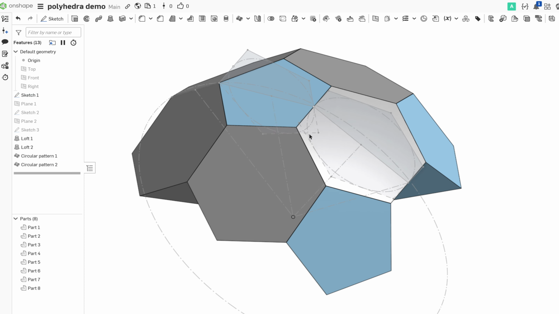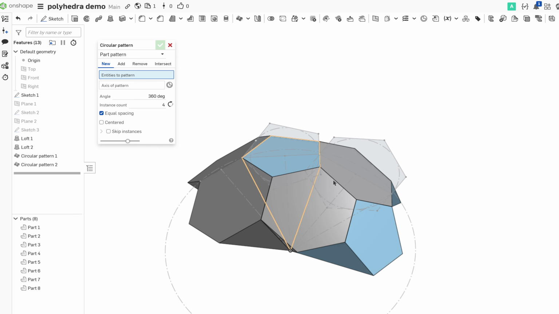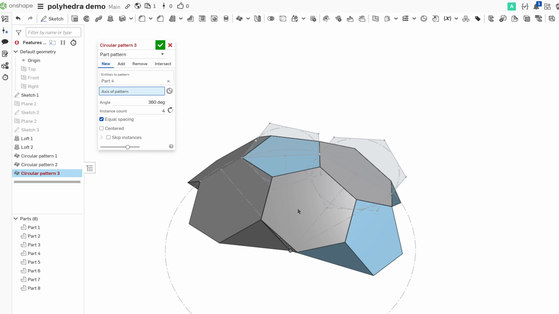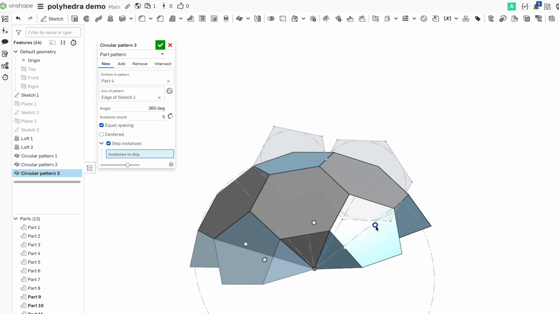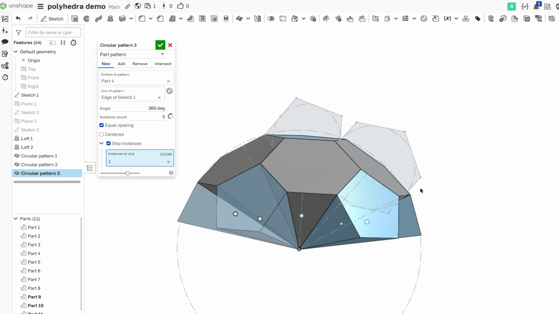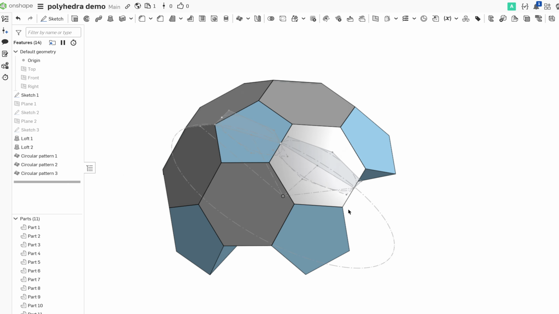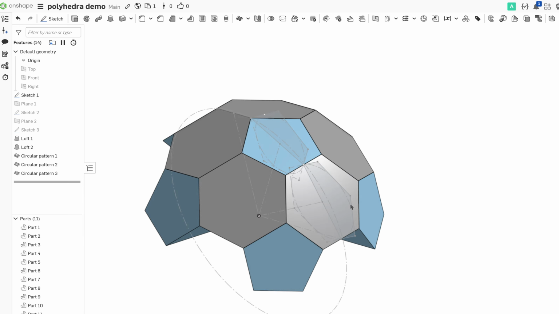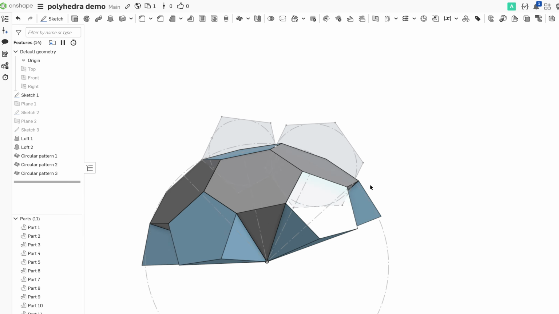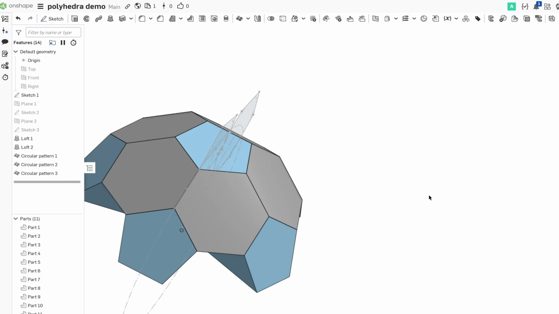Cool. And we're going to circular pattern this around this axis 5 times. So we're going to skip that last one because we already made it. Skip instances this guy. And notice now it's not doubling itself. Oh, and just for the hexagon over here, I'm trying to tack towards having a nice half and half